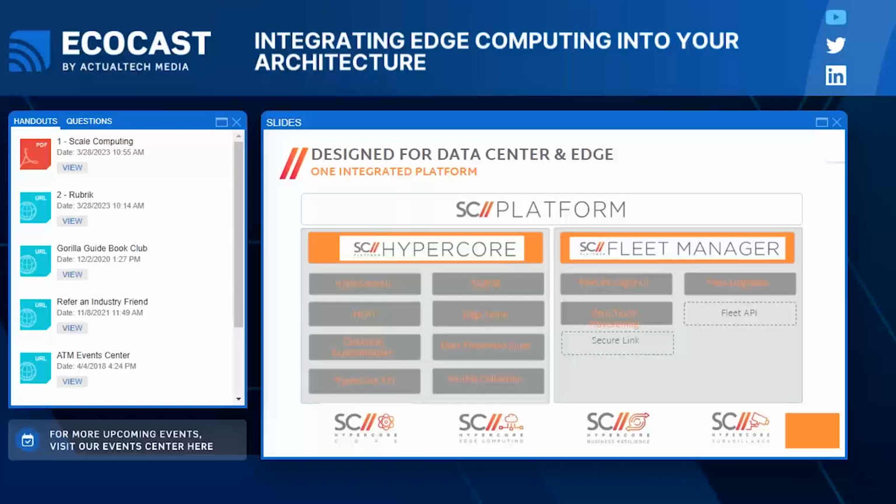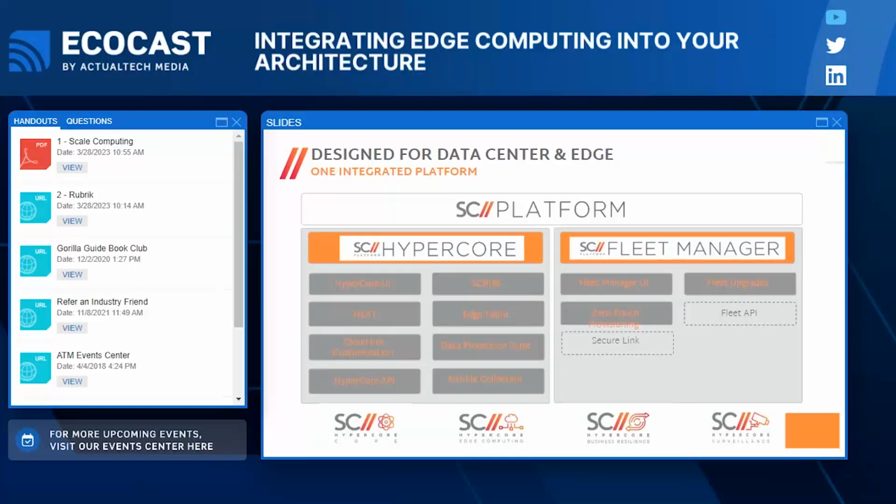Other things that it does, it's the hub that provides that zero-touch provisioning that I mentioned briefly, so that when systems are deployed, they just phone home to the fleet manager. They've already got all their instructions, their configuration. They come online. There's a new capability that we're introducing now called Secure Link, that from the Fleet Manager console, you can, without any VPN connection, drill right down into any of the edge locations, and for orchestration, for automation, for troubleshooting or whatnot.